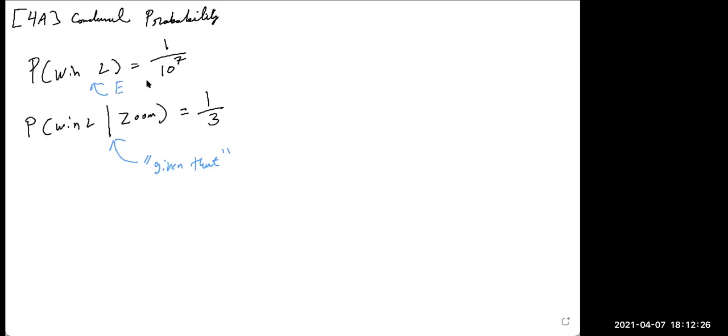And here is the event, but this is the condition, and we'll call it F. The condition F has already happened. So we don't take everything out of the sample space anymore, not with conditional probability. Then we take it out of the condition.